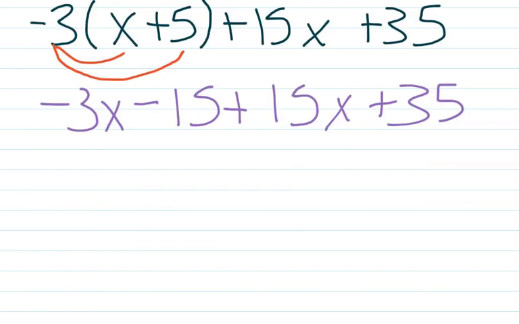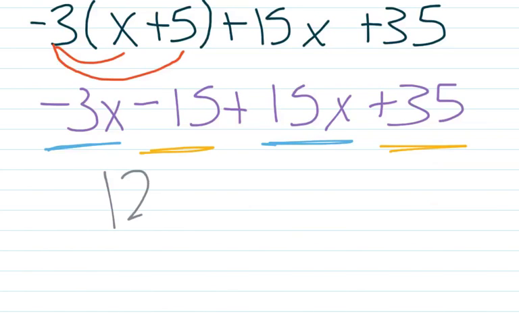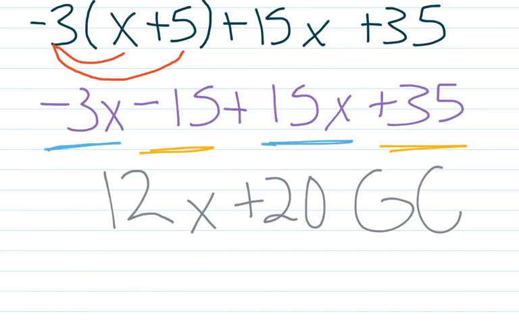Next, we're going to combine like terms, negative 3x with 15x and negative 15 with positive 35. Then you add them and you get 12x plus 20, and you want to find the GCF, the greatest common factor. So your GCF would be 4, and then we would factor out 3x